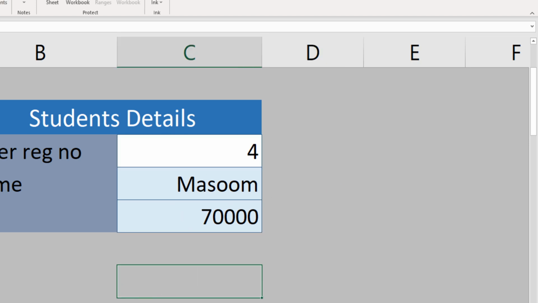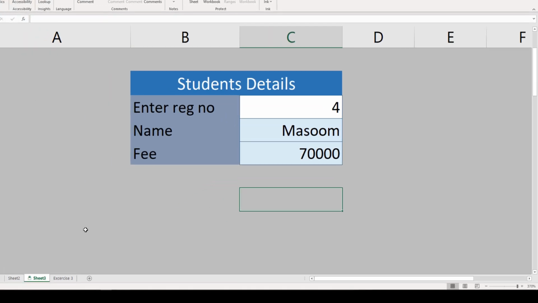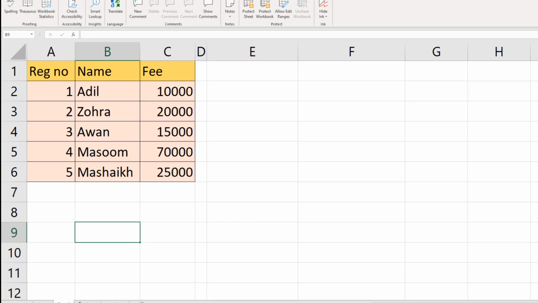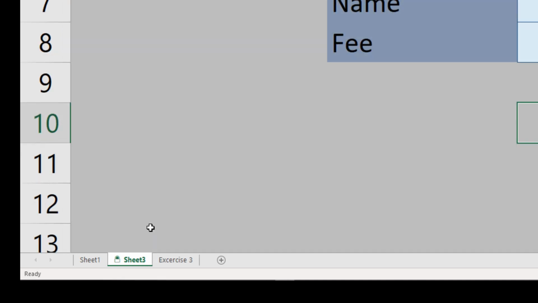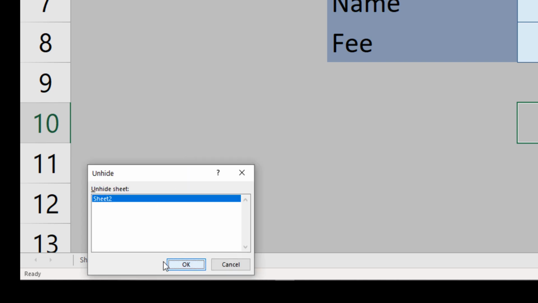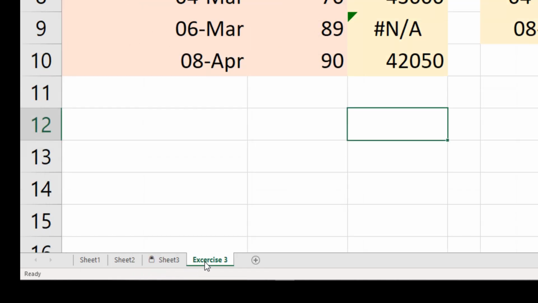Another thing that we discussed in the last class was that if you have some important data like student fee and you want that nobody enters or modifies this specific data, we protect that sheet. So over here I first of all hide this sheet. Right click, hide, and if I haven't protected the workbook, anyone can easily unhide it, and Sheet 2 is now visible again.